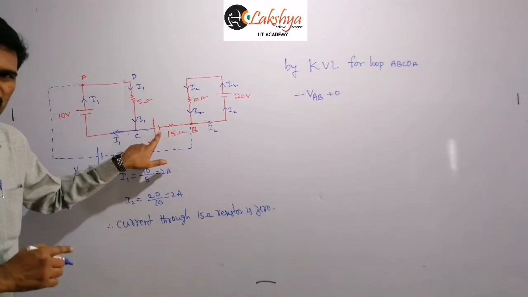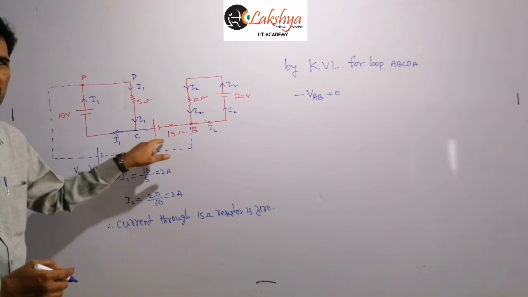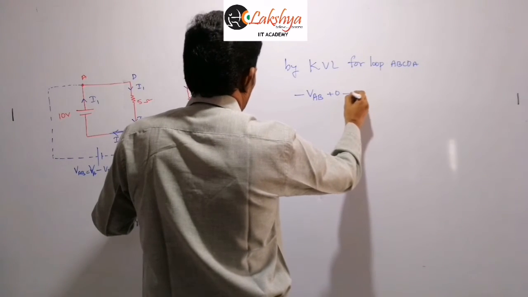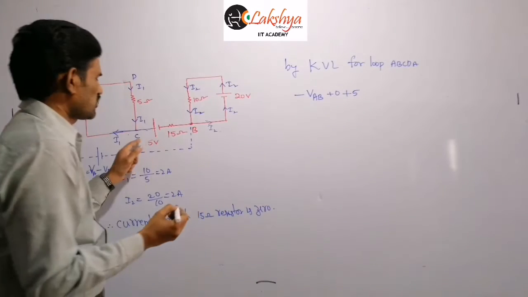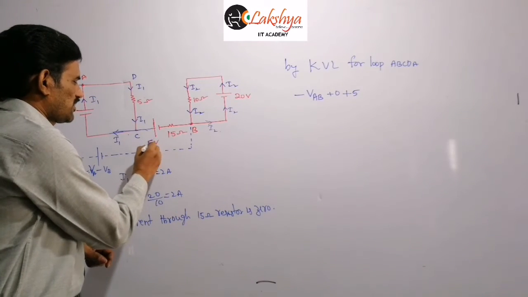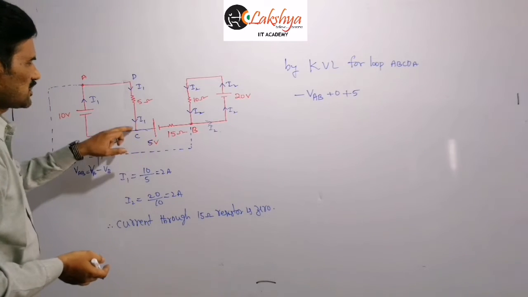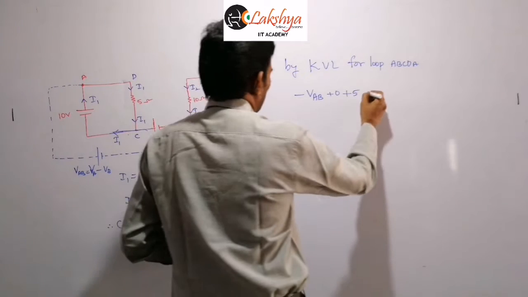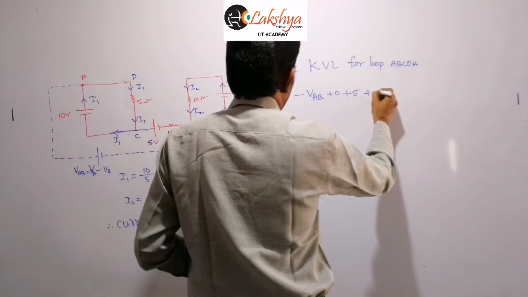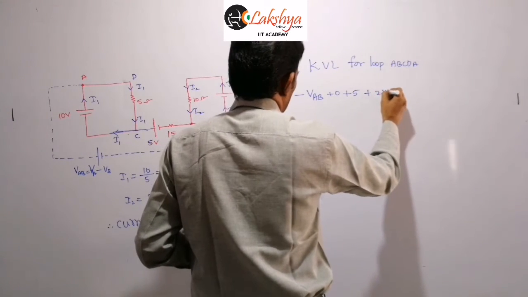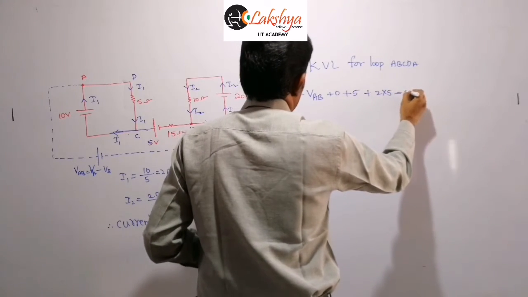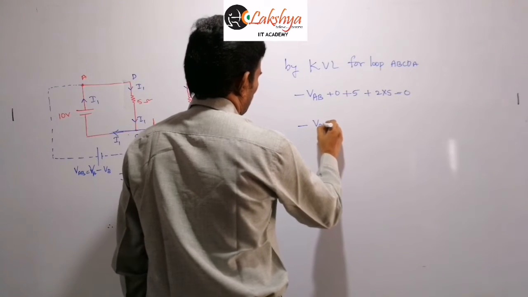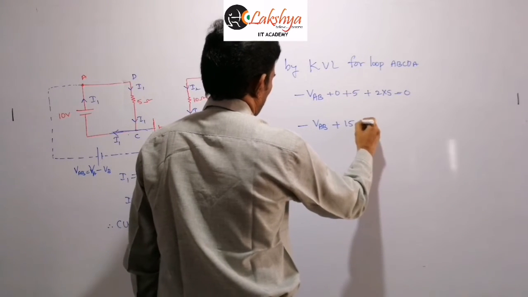But this cell is there, so across the cell there will be a potential difference. That is the role of the cell here. We are traveling from negative terminal to positive terminal, so it is plus 5 we need to write here. This is 5 volts, so plus 5. Next we are traveling along this direction, opposite to the direction of the current, and opposite to the direction of the current means plus IR. The I value we already calculated, I1, 2 into 5 is equal to 0. So that is the Kirchhoff law for that closed loop. Therefore it is minus VAB plus 15 is equal to 0.